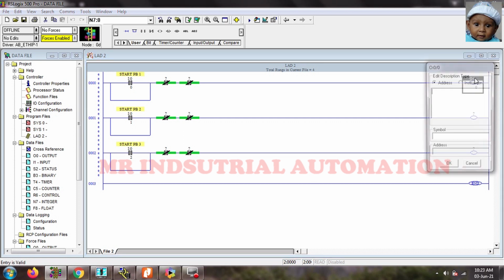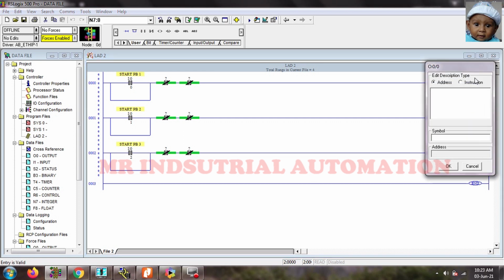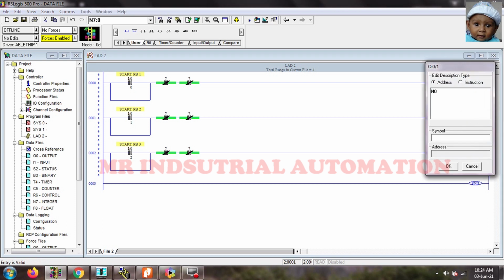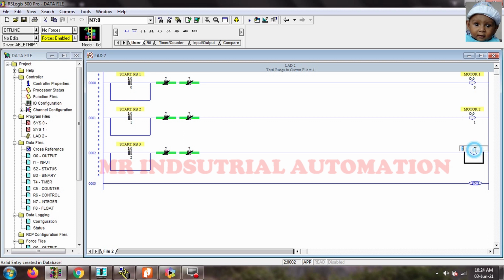Now we are taking an output. The address on the first output I have taken is O:0/0. That is motor 1. So on the second output we will take O:0/1. And on the third we will take O:0/2, and we will give the names serially motor 1, 2 and 3.